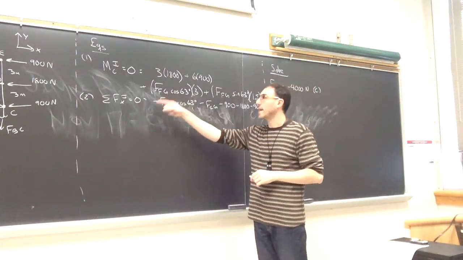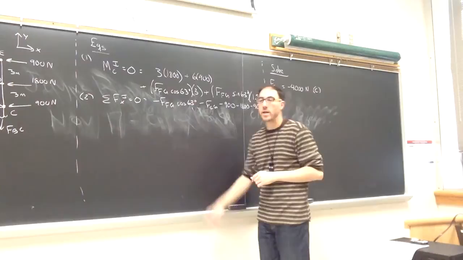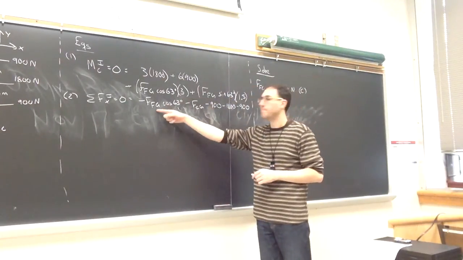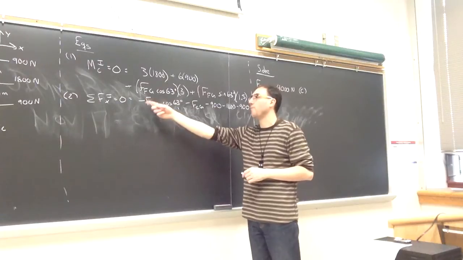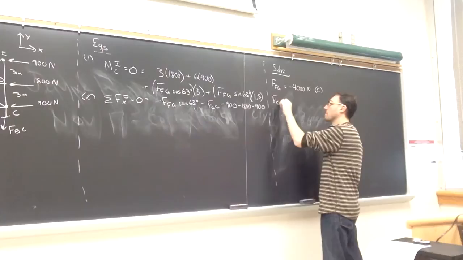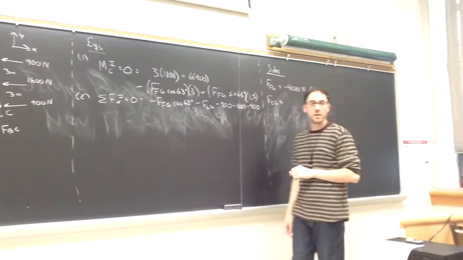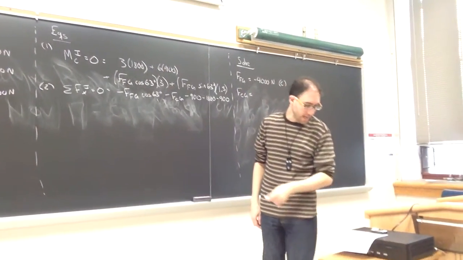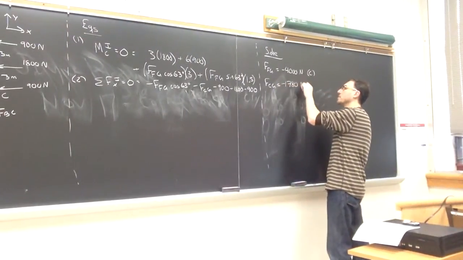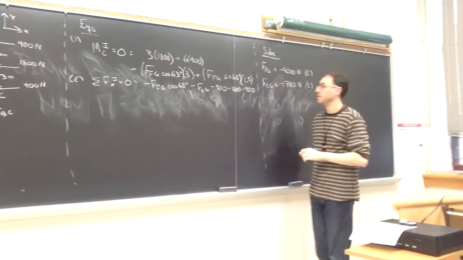According to the picture, it's negative FFG cosine 63. For the value of FFG, I will put in the negative 4,000. So when I do the math, it'll actually be 4,000 cosine 63. My unknown CG, I get negative 1780